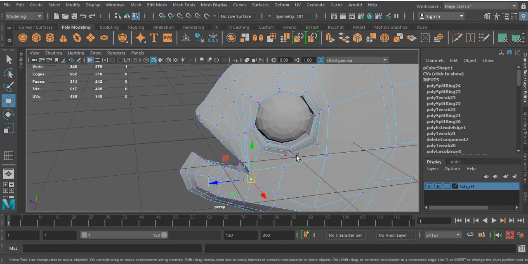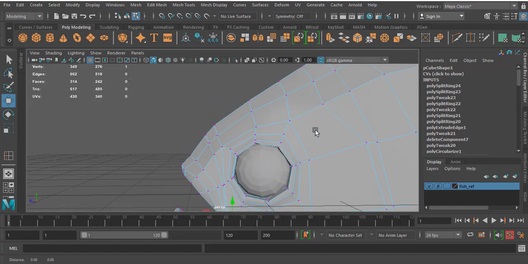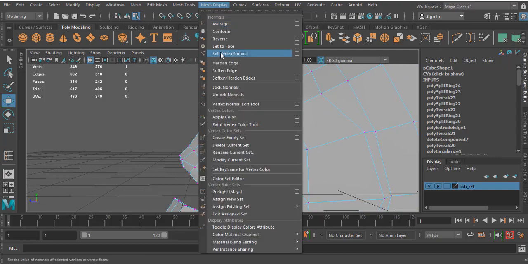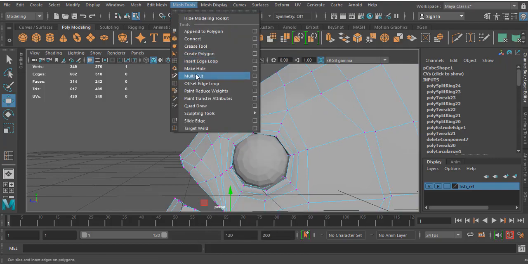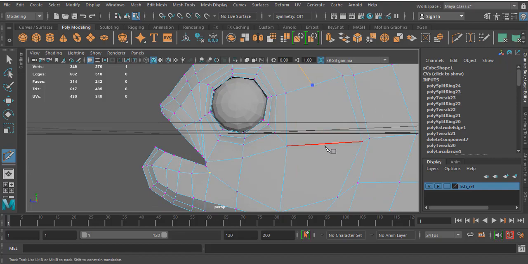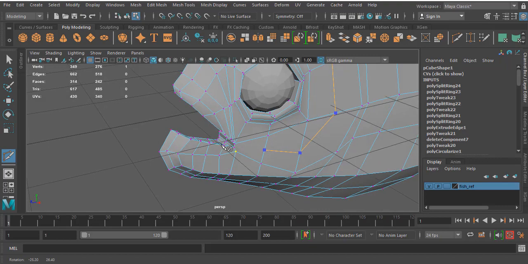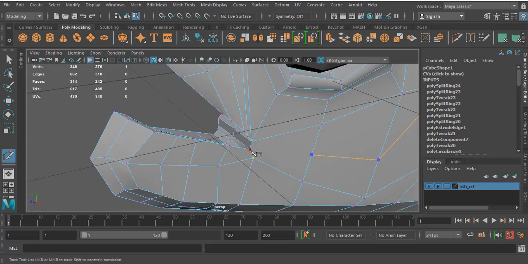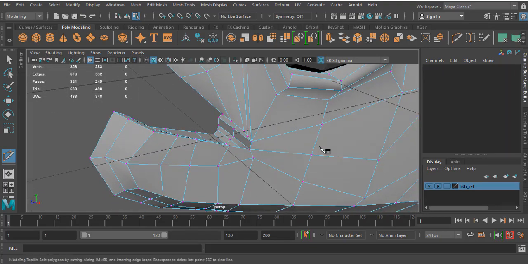What I am going to do is, I just want the multi-cut tool and start creating, split those pieces like this and join with this portion.